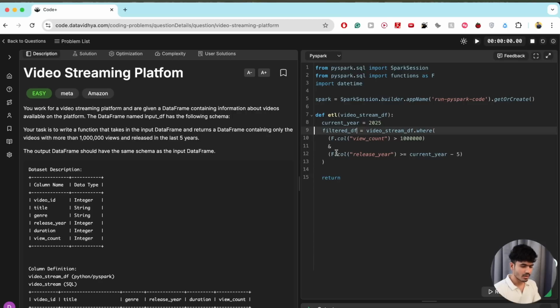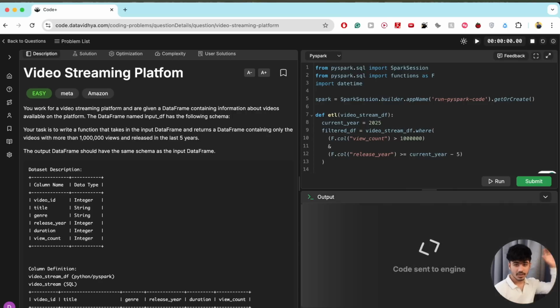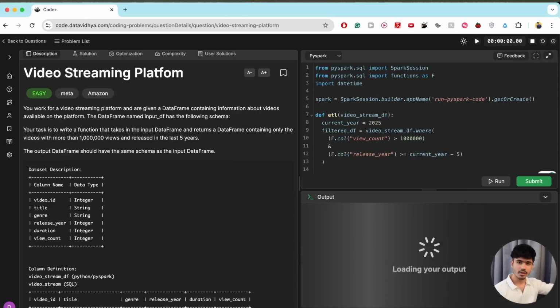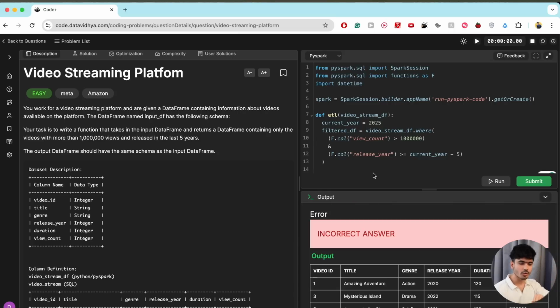Okay, I'll click on hit run. What this will do is go to the Apache Spark cluster that we have hosted on a cloud computing platform. This will submit the code, check against the dataset. It will read the dataset in the backend. This will do all of the processing of all of the code that we have created. Like it will create the execution plan, logical plan. All of these things will happen, and it will give you the output at the end.